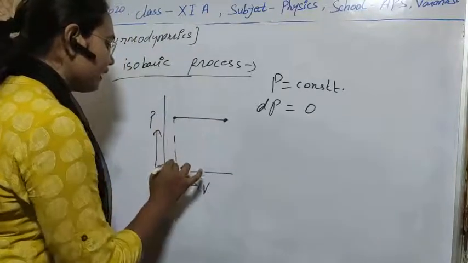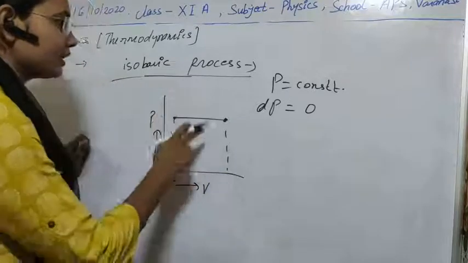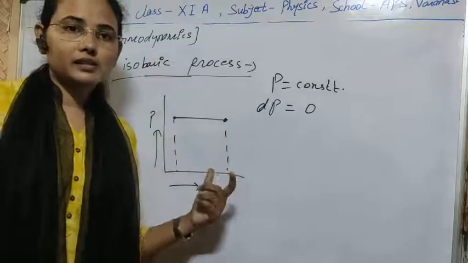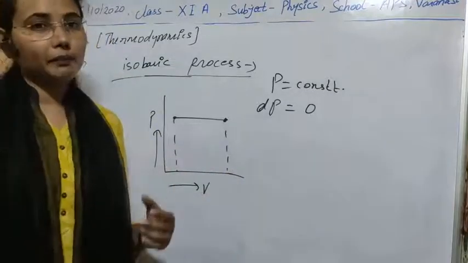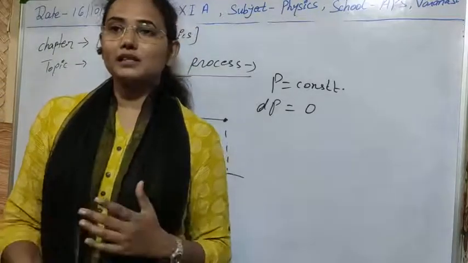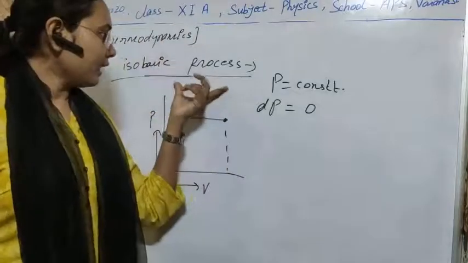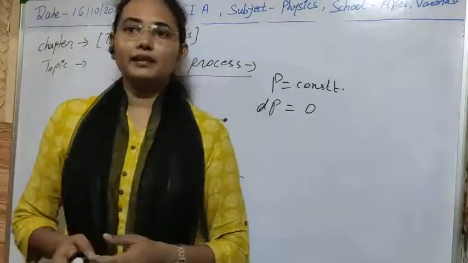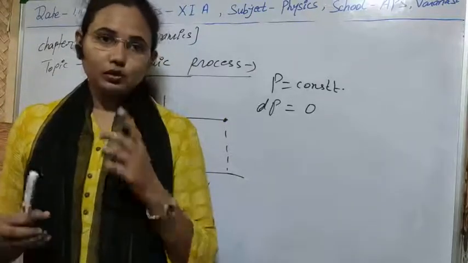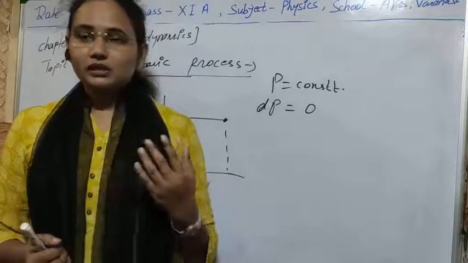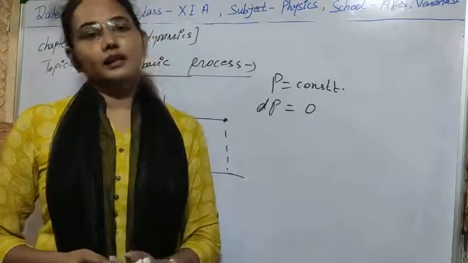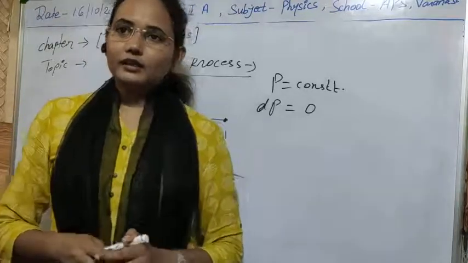If we draw the PV diagram for this, it will be like this. We can calculate the area under this PV diagram, and this will give us the work done on the system or by the system to expand or compress the gas using only the temperature changes, not the pressure changes. In the isobaric process, if heat is supplied, it is used in two ways. First, to change its temperature. Second, to do some work on the gas. It will expand the gas and also change its internal energy and temperature. I think this is simple and clear to you.